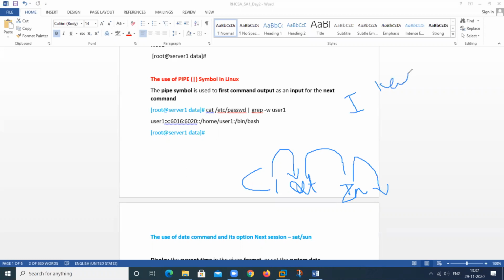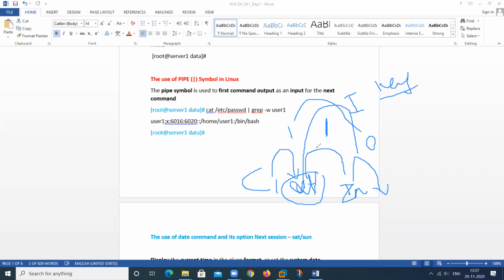Mostly we give the input from the keyboard, but this time we are using the input from this particular output. So this output will become the input, because for the input the number is 0, for the output the number is 1. So 1 will become 0 by using this particular sign.